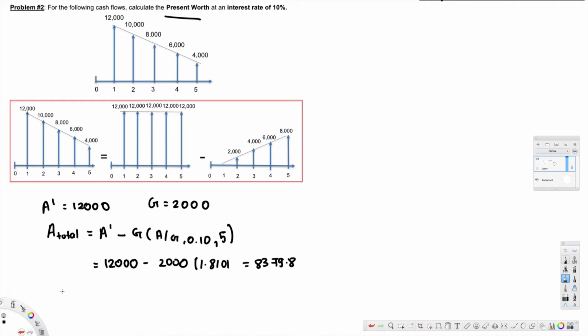Here the question is asking us to find out the present worth. We need A total to calculate the present worth, that's why we found it. Present worth is equivalent to A